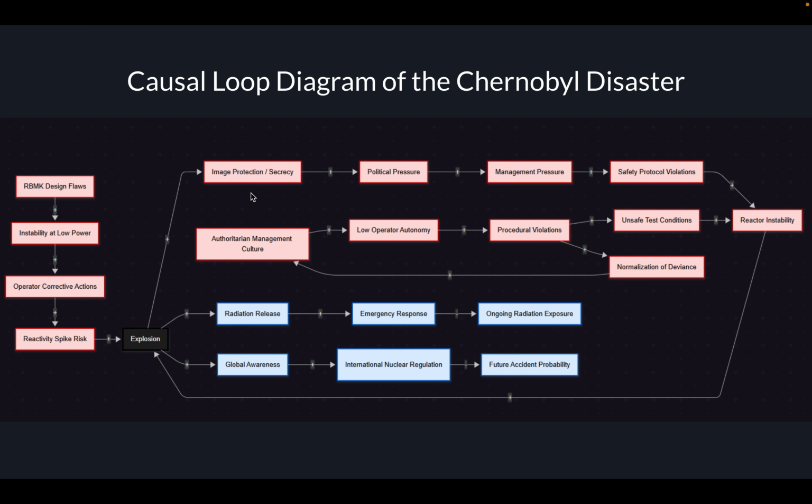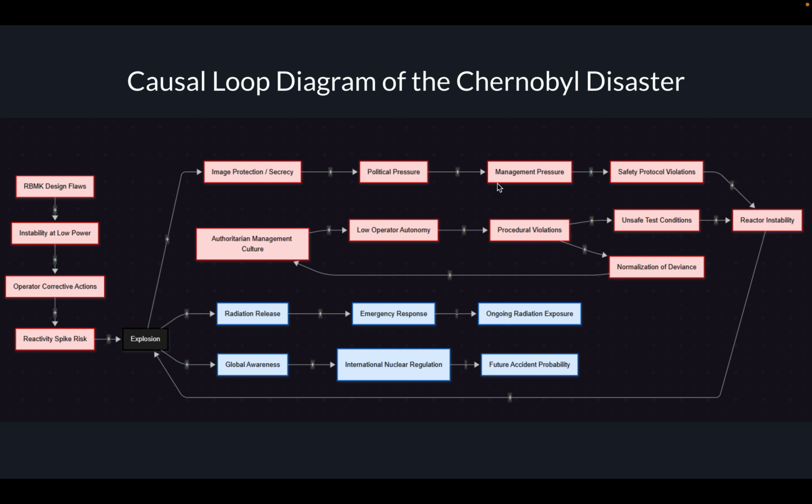Going to our next reinforcing loop, a major thing for the Soviets and the reactor itself was secrecy about what was going on related to the internal workings of the reactor. This was also stacked with political pressure, with the Soviets obviously being up against America, which would put pressure on management,